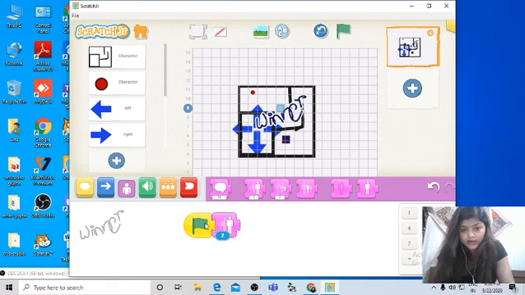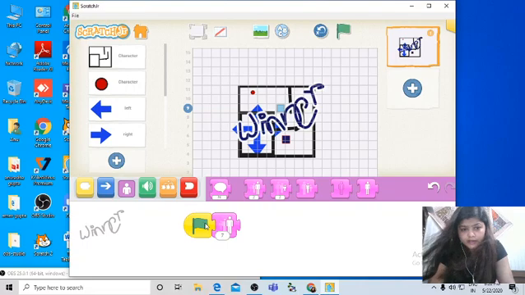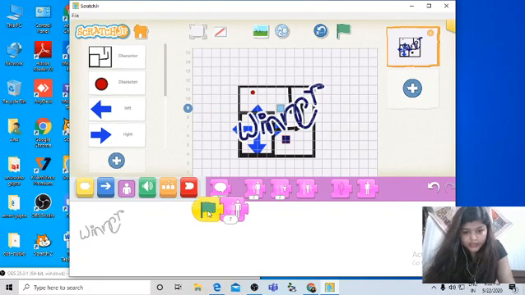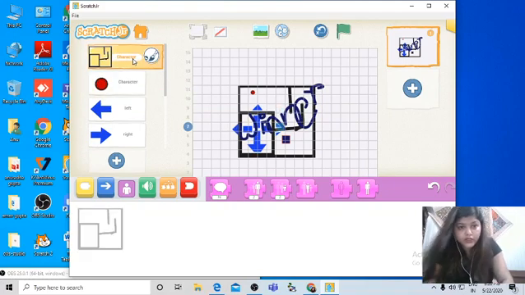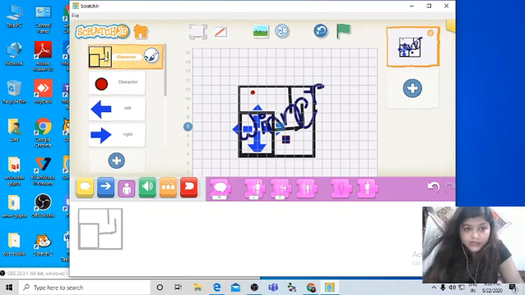You can run and see. Okay, I have selected this winner. It's better to remove all the blocks from the script area, and first you need to select your maze, the character that you have selected. Now you have to code.